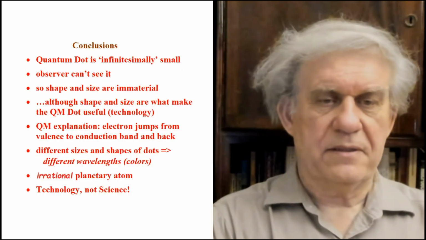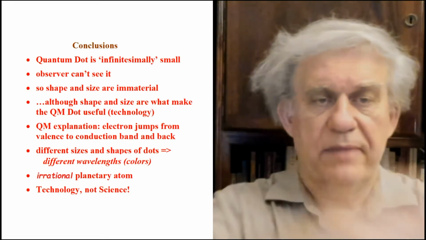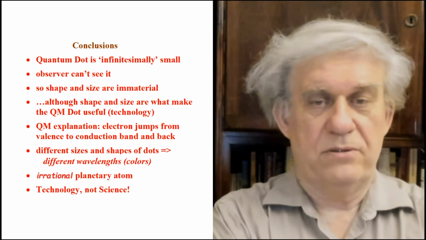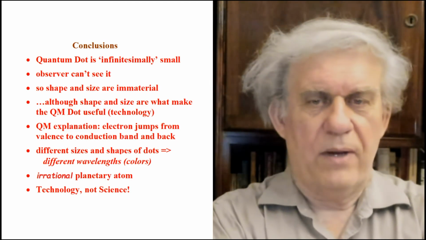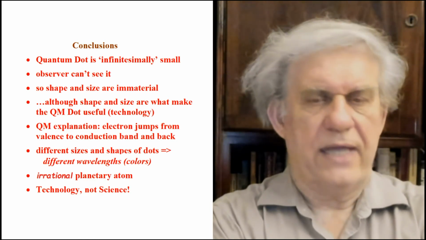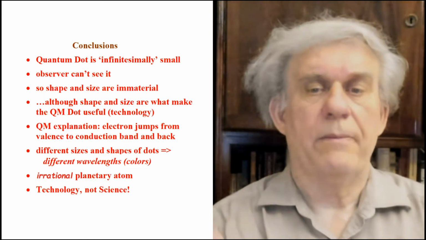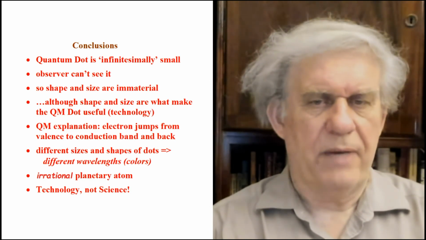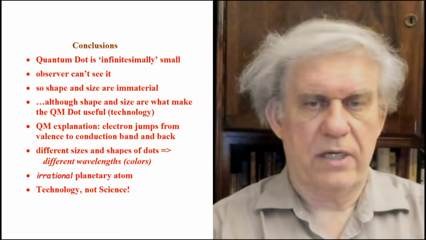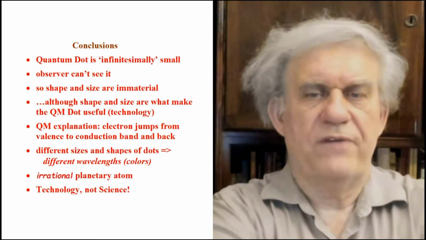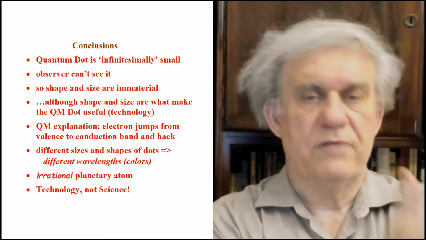Okay, what can we conclude from this? Well, here are the conclusions that I reached. The quantum dot is infinitesimally small. Why do they use infinitesimally? Why do they talk about 2 to 10 nanometers? Well, they want to give you the idea that you can't really see them. They're little crystals, so tiny you can't see them, so they're infinitesimally small, and they don't worry about the problem anymore because mathematicians, so-called scientists, don't care about architecture, shape. They don't care about size, meaning something greater than 0. So they use the word infinitesimal to refer to these things. Why? Because the observer cannot see it.